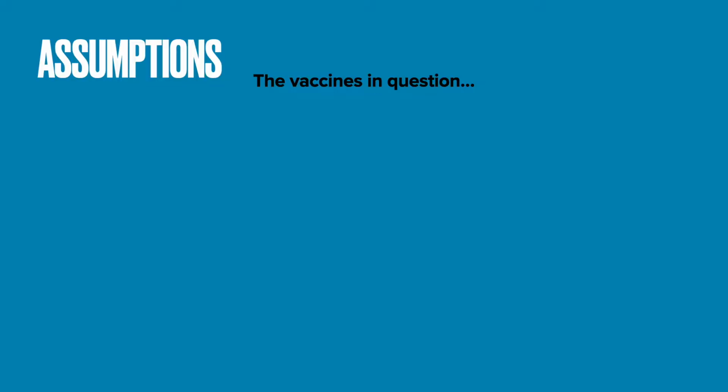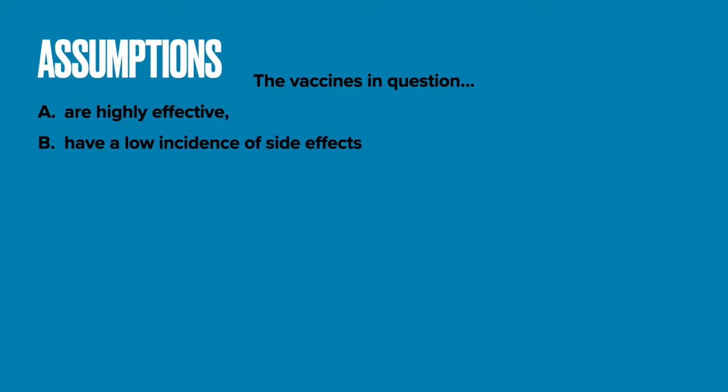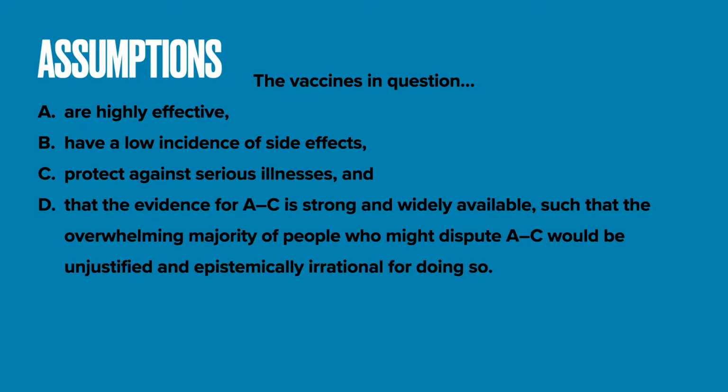So before we get started, one thing that we all need to agree on is that the vaccine we're talking about is highly effective, that it has low instances of side effects, that it protects against serious illness, and that evidence for A through C is strong and widely available, such that the overwhelming majority of people who might dispute A through C would be unjustified and epistemically irrational for doing so. Okay, so